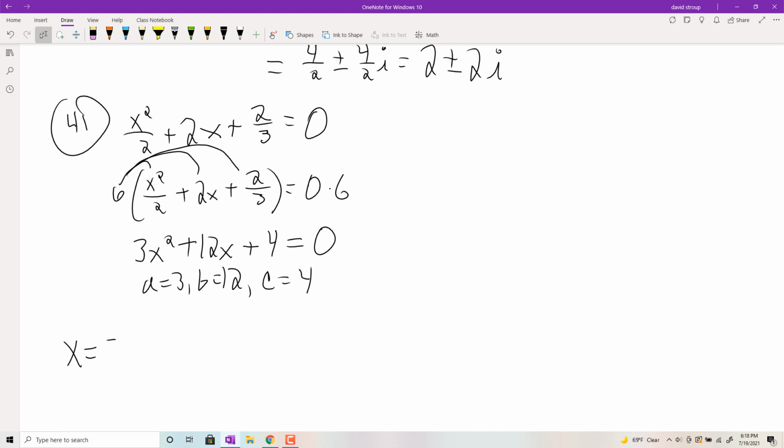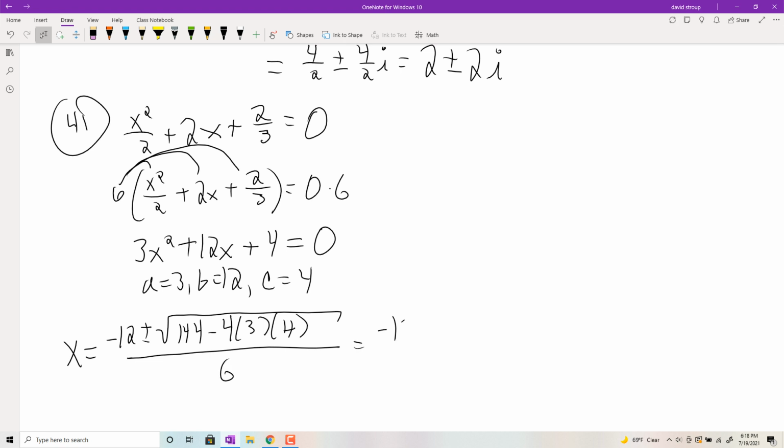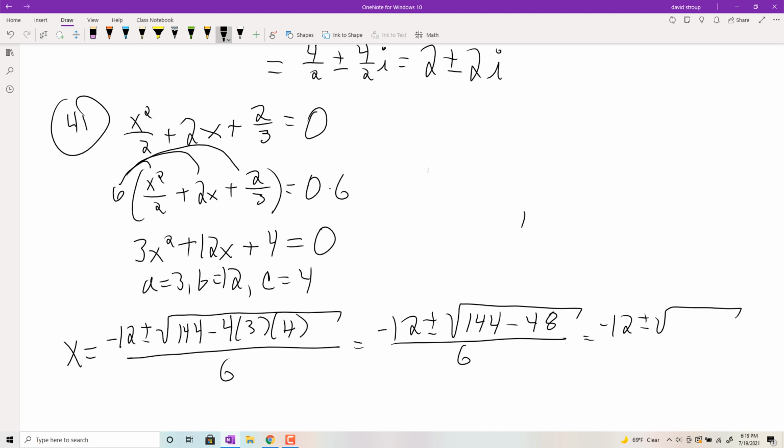So x will be negative b, so negative 12 plus or minus the square root of b squared, which is 144, minus 4 times a times c, all over 2 times a, which is 6. So negative 12 plus or minus the square root of 144 minus 4 times 12, which is 48, over 6. So negative 12 plus or minus the square root of 144 minus 48,